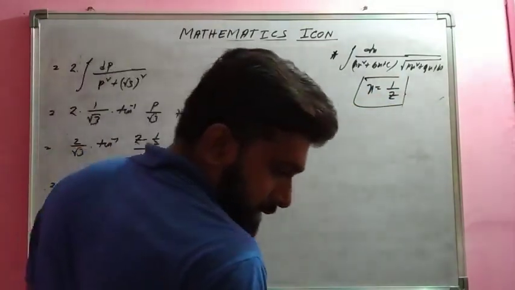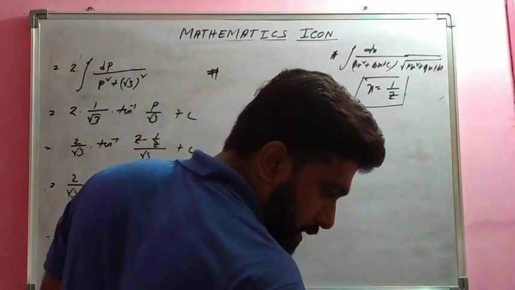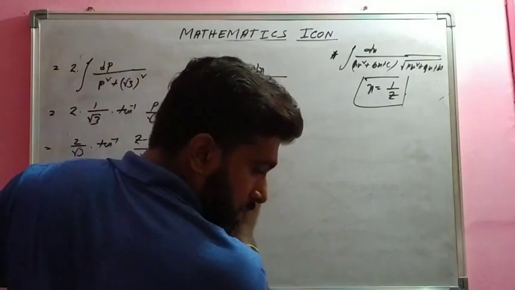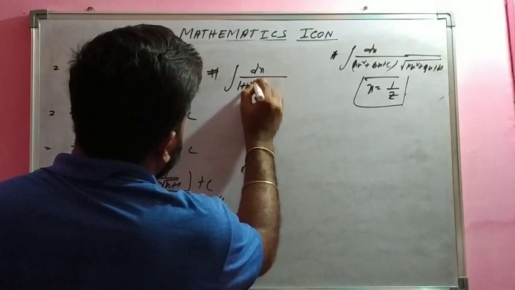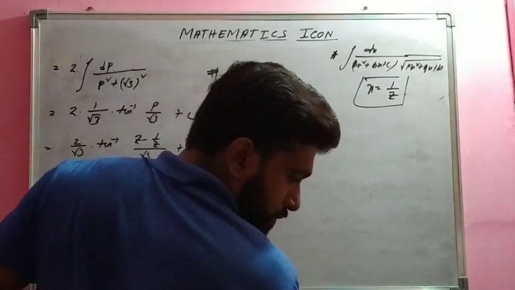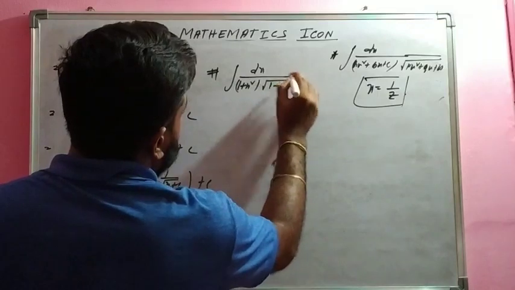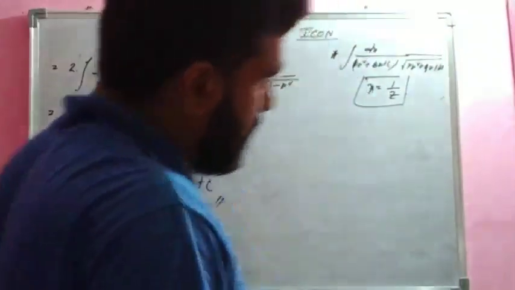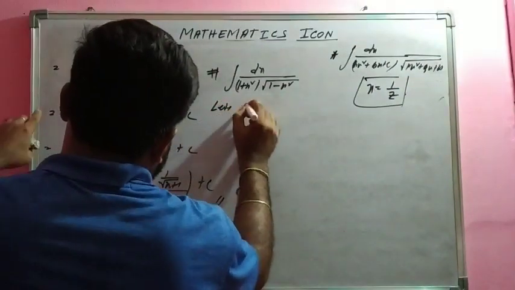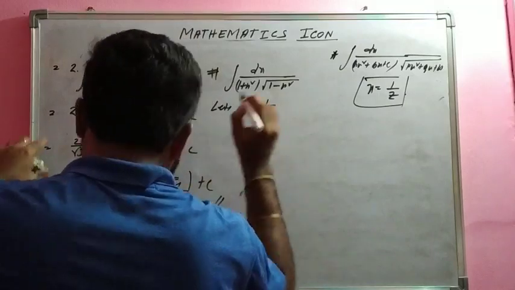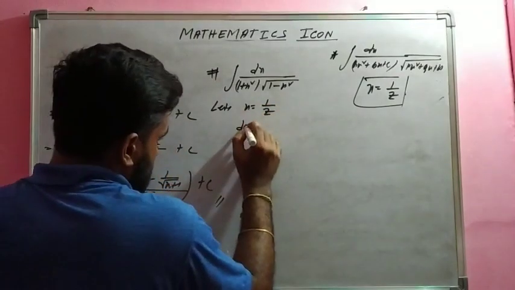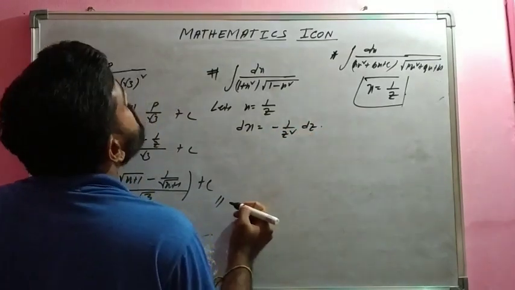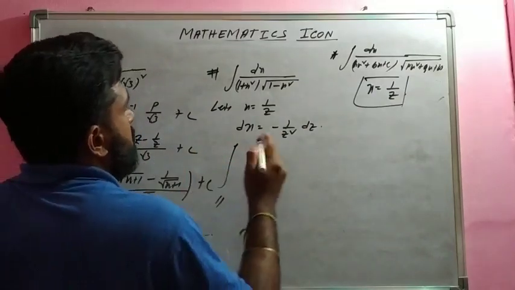So now next question लिखो, क्या है क्वेश्चन, integration dx by 1 plus x square root over 1 minus x square. Okay, so just you can see रूट के अंदर भी क्वाड्रेटिक फॉर्मेशन, रूट के बाहर भी क्वाड्रेटिक फॉर्मेशन। देन लेट x equals to 1 by z, dx equals to minus 1 by z square dz। ठीक है,